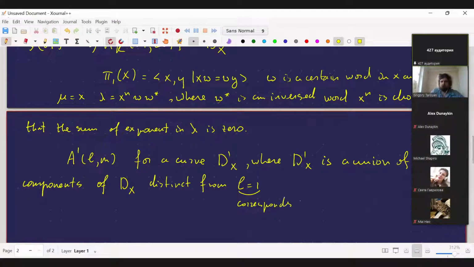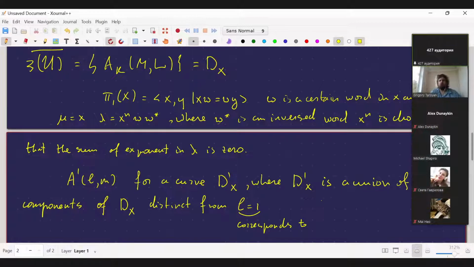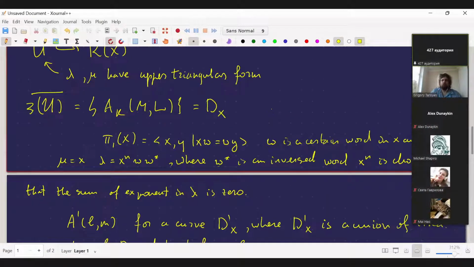I'm sorry. Why can P1 of x be written in such a way, if it's a two-bridge knot? Yeah, I'm sorry, I'm not really familiar. So what is a two-bridge knot? Okay, so a two-bridge knot is a knot that I believe looks like this. We always have two strings in it. So it looks something like